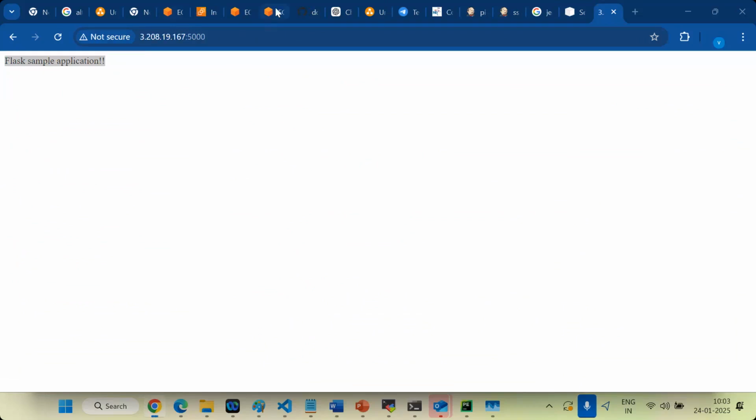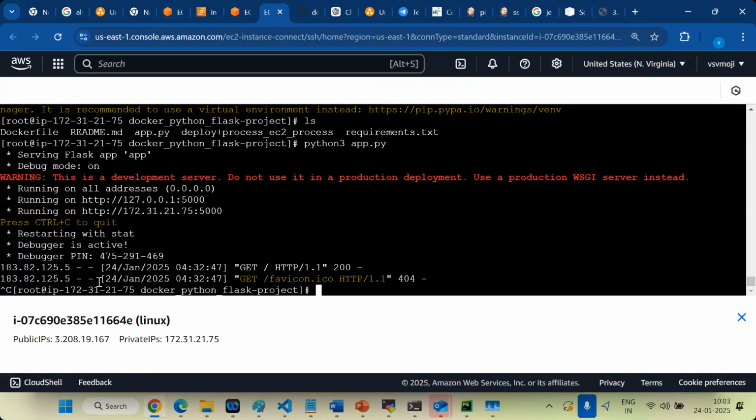Now, if I press Control C, the application will stop. It is tied to your EC2 terminal. That's why we install some process manager tools. That process manager tool runs the application in the background, not tied to the terminal. We have process management tools for Python and Java, like Gunicorn. When you install that, the process will run in the background only, not tied to the server. It keeps on running. Now until I press Control C, this one also runs.